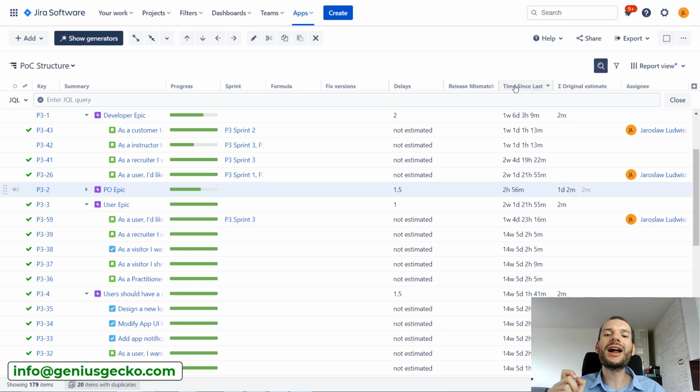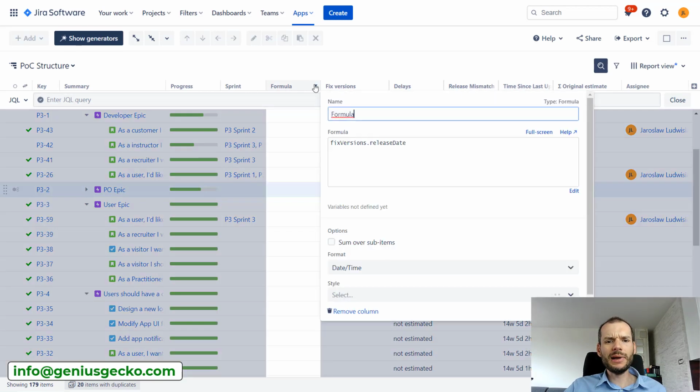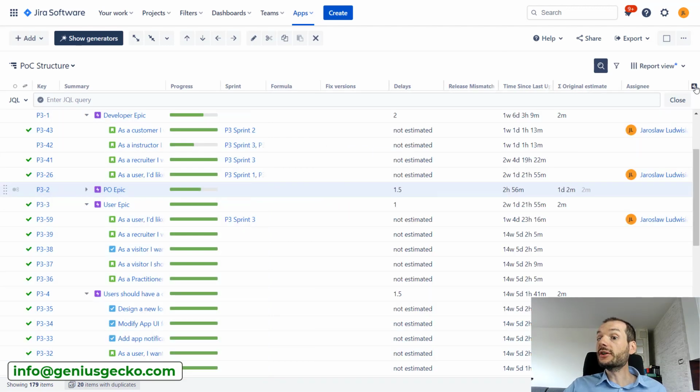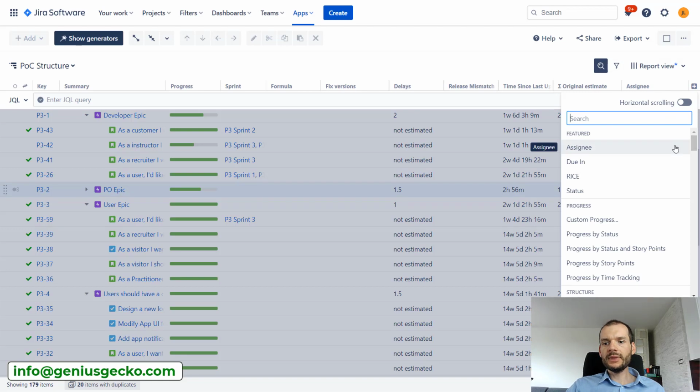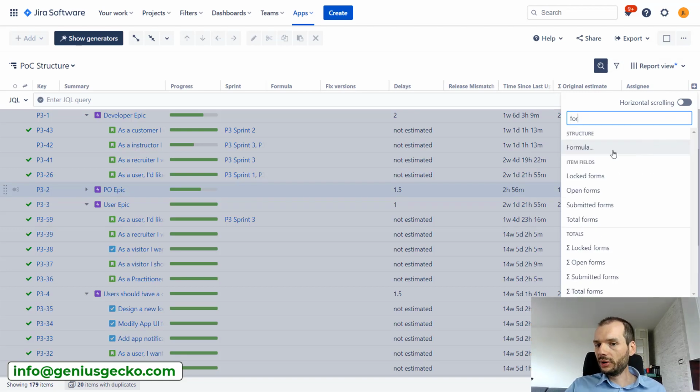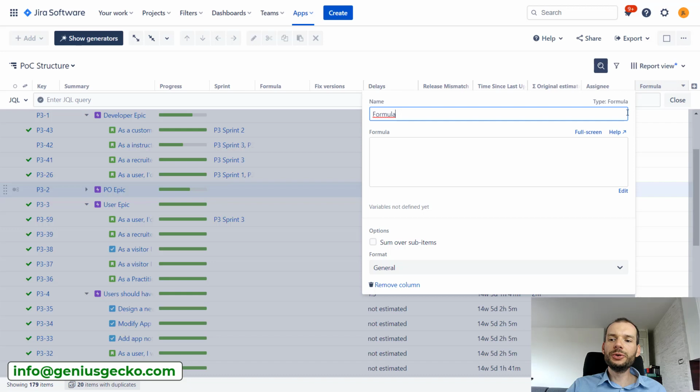But structure adds one more field type, or column type, that is really powerful. And these are the formulas. So I have several of them. Here I think is an empty one. Yeah, no, there is something, so we'll return to it here. But in general, I can click over here and add a formula column. So if I do that, I will have to define the name and the formula itself. It requires some knowledge of the structure-specific language,